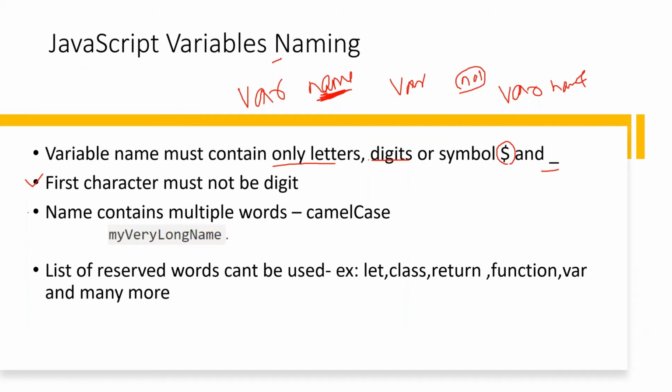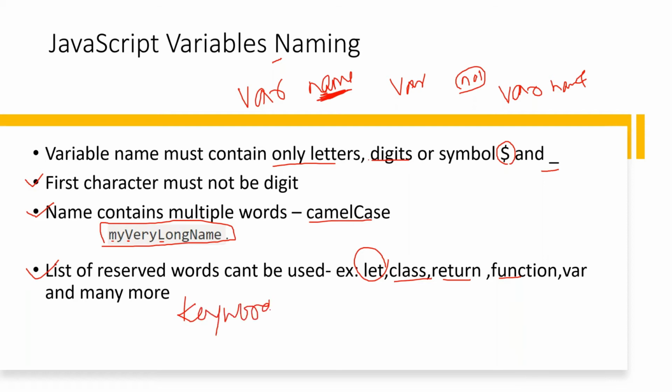If the name contains multiple words, then always follow camel case. A variable name always starts with a small character, and each following word should start in uppercase. That's nothing but camel case. And there are some keywords like var, let, const, class, return, function. These are reserved words, or you can say keywords, which you cannot use